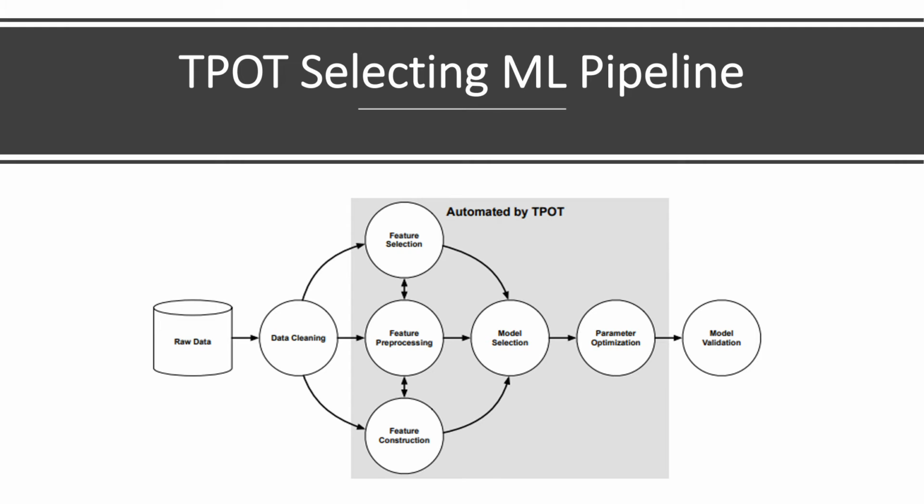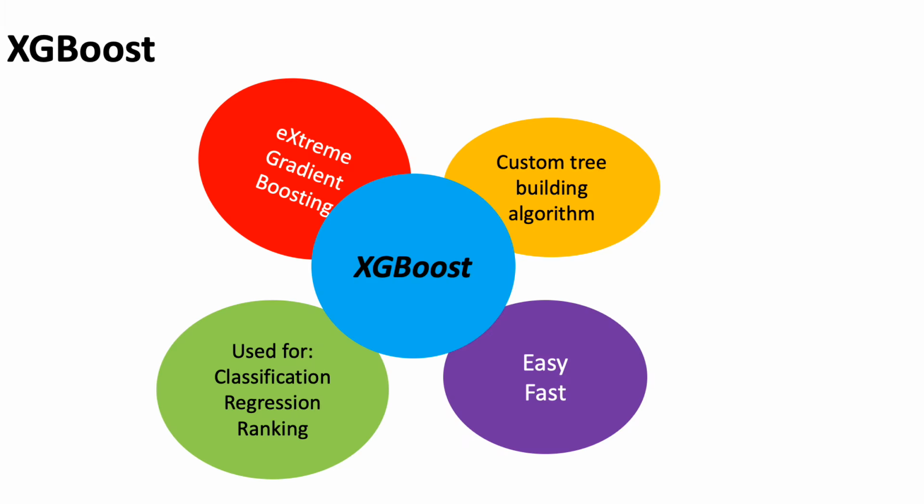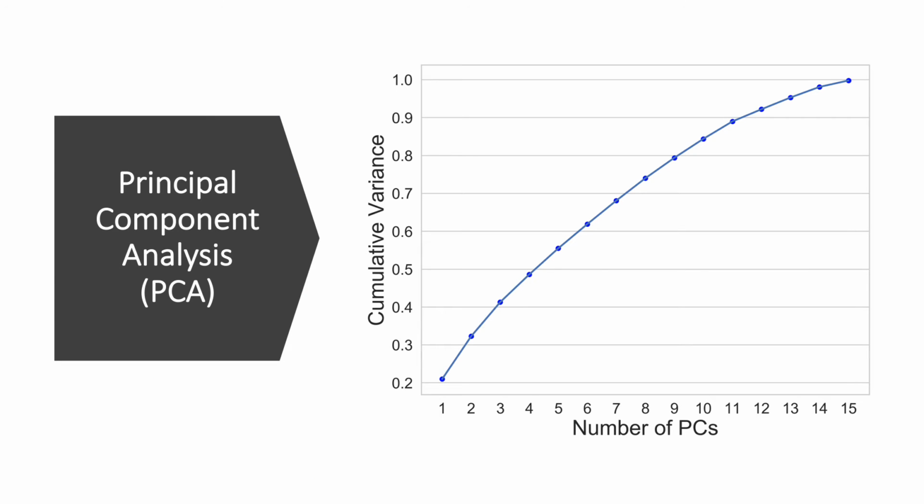We use TPOT, which stands for Tree-Based Pipeline Optimization Tool, to pick the best performing machine learning pipeline. The best machine learning model suggested by TPOT is an XGBoost classifier, which is a scalable and accurate implementation of gradient boosting machines. Principal component analysis was applied to our feature dataset with the objective of cross-validating our feature selection